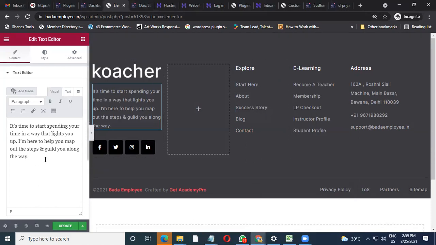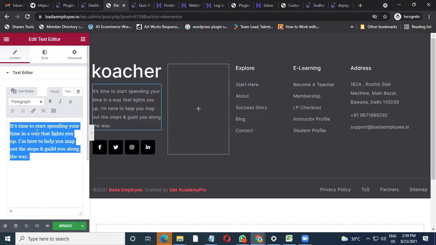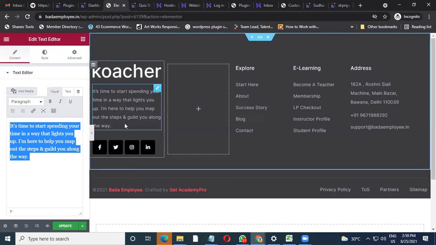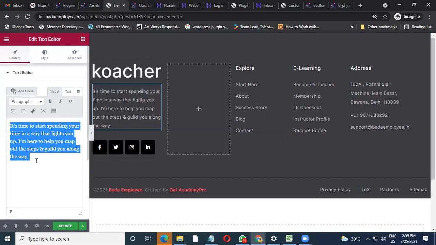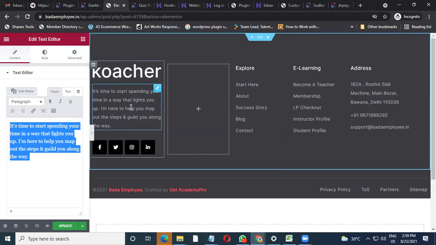Why? Because we would be nullifying the CSS from anywhere. Why not from your Word, from your Excel, from your website also? We are nullifying the CSS of that particular site by putting it in as plain text. When you're putting it in as text, you are purely picking the text and pasting it over here. So when you paste it, it picks up the CSS of your site, and it will not make any difference with the font type, font size, or any other design element on the site. It will keep the website CSS.